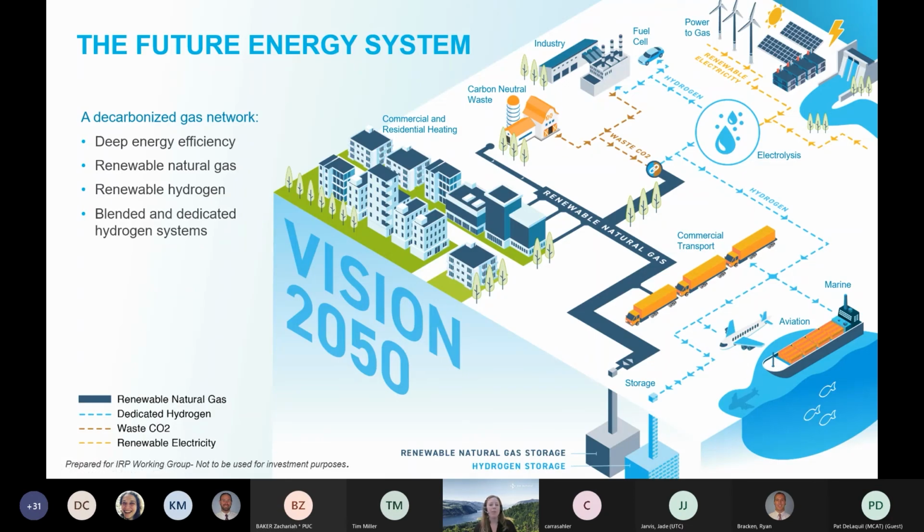I wanted to step back a little bit, because when we're talking about RNG and hydrogen, there are all these different sources and different processes that in the end yield a gas that can be used, and that is produced or captured in a way that offers a climate benefit. When we're thinking about how we reach our own carbon neutrality goals of 2050, and how we think about reducing emissions throughout our service territory for our customers, we're thinking about what the different waste sources out there are, what the different renewable sources are, and then how we can process them in a way that they can